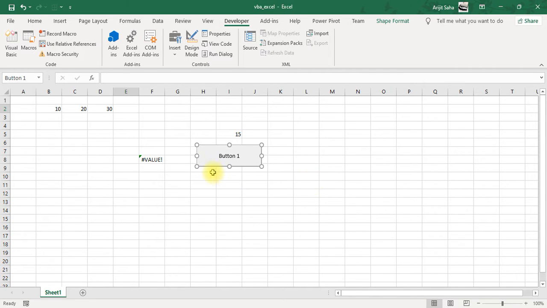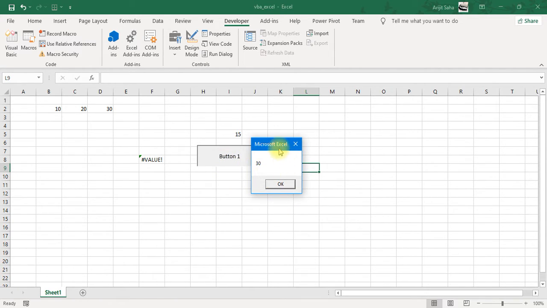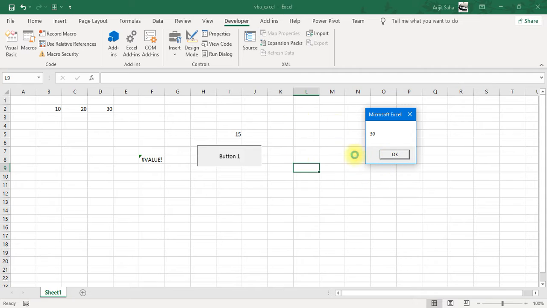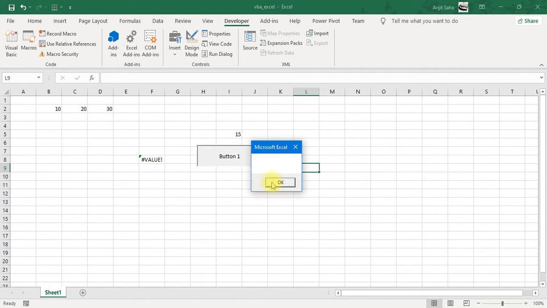As you can see, this button has appeared over here, and this will give you the output in a proper message box. So if you can just name the button as it is. Now if you click on this button, you will see the message that is being displayed. Whatever we did, it is being displayed over here.